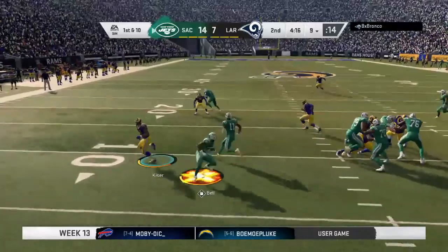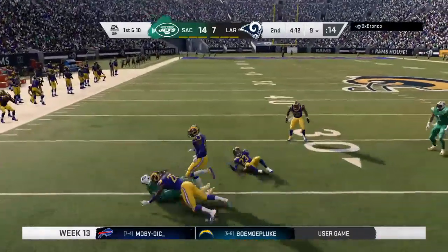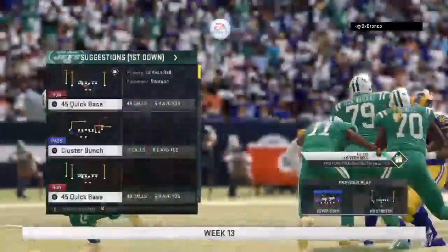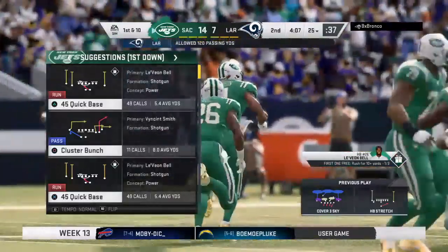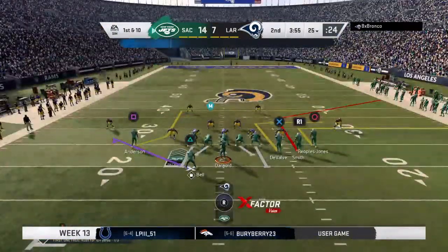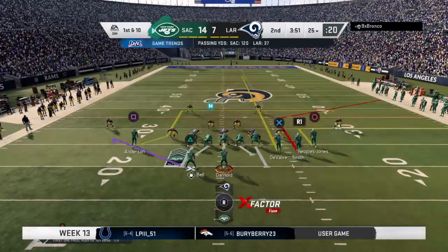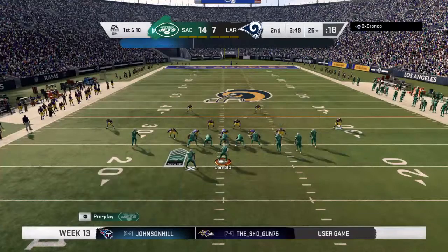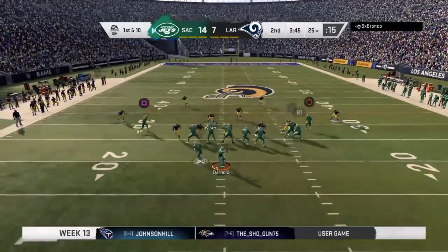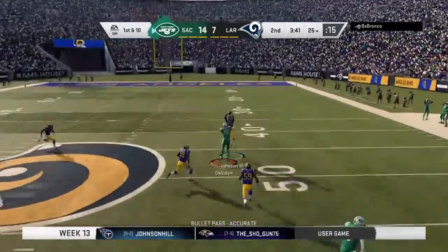They'll start the drive with a carry by Bell. And brought down, but not before reaching the 25. It'll be a pickup of 16 and a Jet first down. It's funny, partner. Le'Veon Bell, when he came out of Michigan State, when I go back and look at my analysis of him and what my grades were for him, thought he was a big-time player, great potential, but I didn't know we were going to get this player. I was used to a big, solid, thick running back, but now I've got...